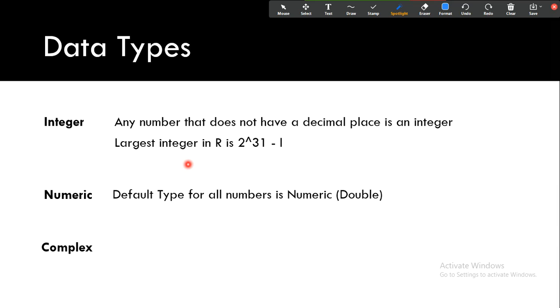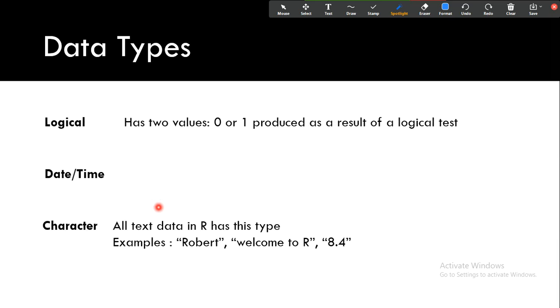Yeah, so in the data types, apart from this we have something called the complex data type. So integer, numeric, complex data type. Complex data type we discussed in Python itself, right? The complex data type has both the real as well as the imaginary part, and logical will take the binary values,